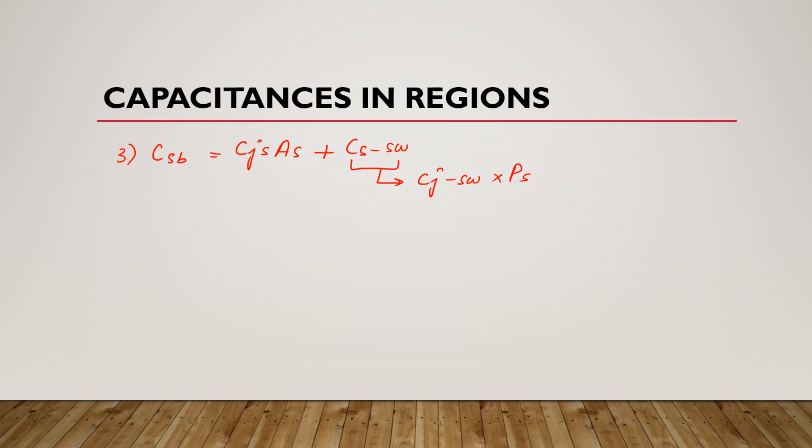Okay, now the formula of drain to bulk capacitance in cutoff region without sidewall capacitance is this, and in case of sidewall capacitance here drain sidewall capacitance is added, and we know that this drain sidewall capacitance is equal to this term. Okay, so these are the formulas of capacitances in cutoff region. Okay,